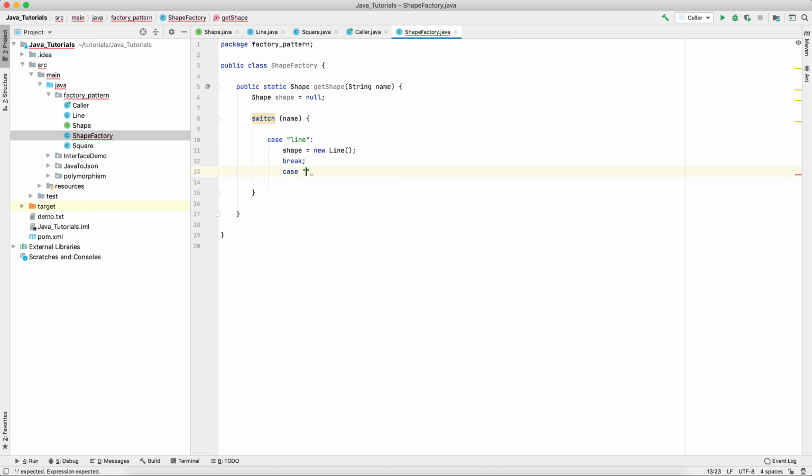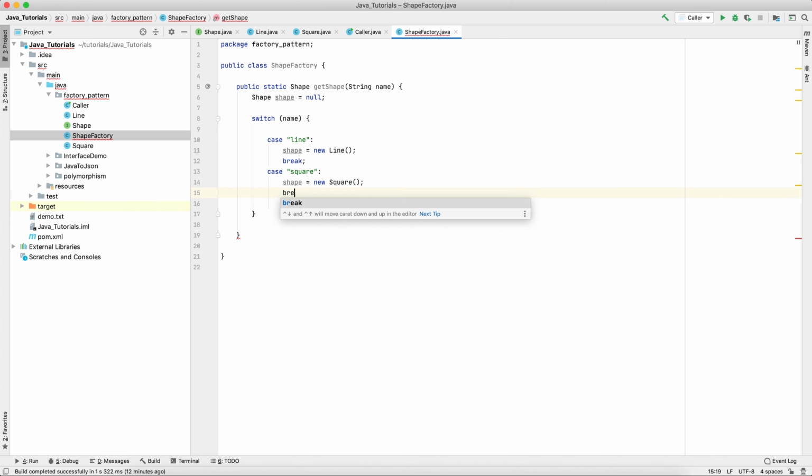If the shape name is square, then shape is equal to new square, and break from here. And we'll have one default case as well, saying that if the client passes some other argument,